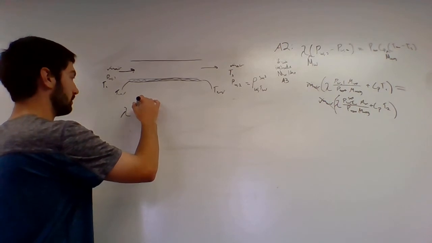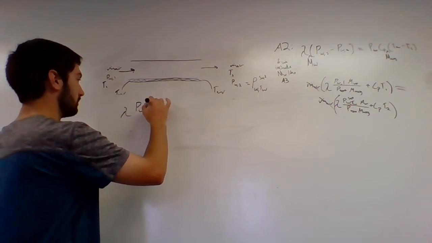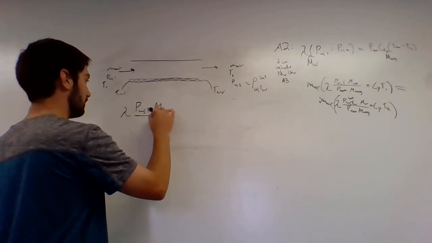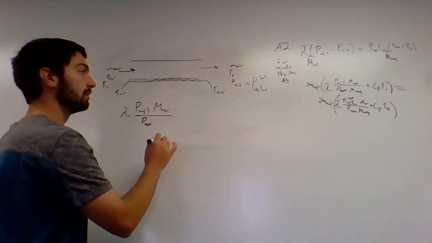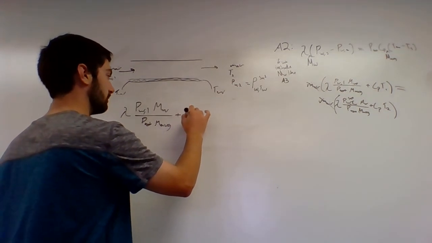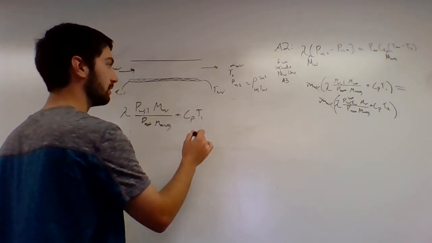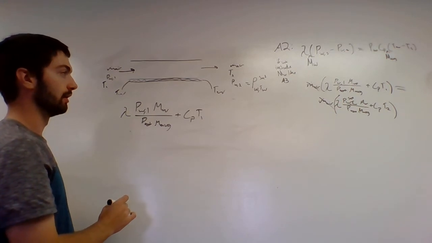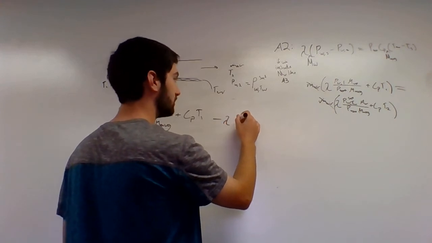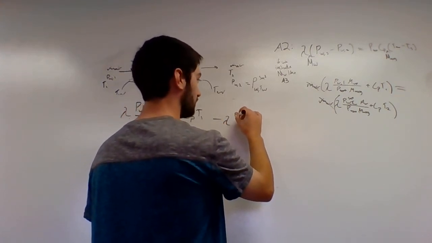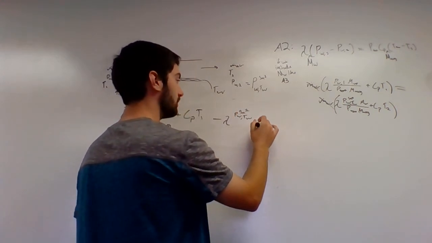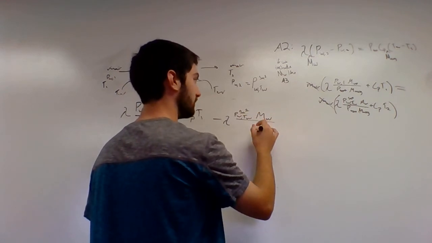So lambda W over P, so average plus CP plus T1, and then we can subtract lambda PW saturation over